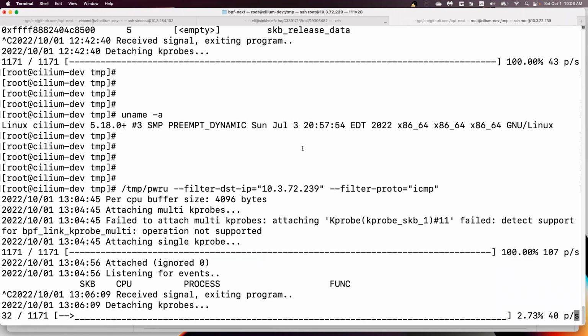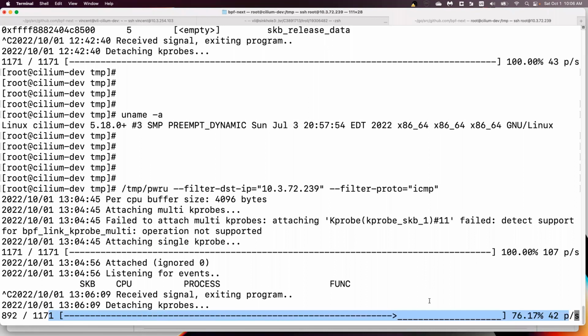The reason is, so here again, if I type Control-C to detach, it also takes long to detach the BPF program from the kernel functions. So both attach and detach are slow. Back to why the operation is not supported. It is because